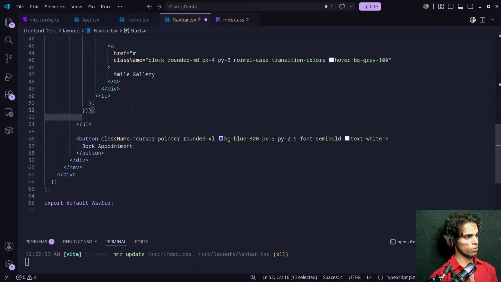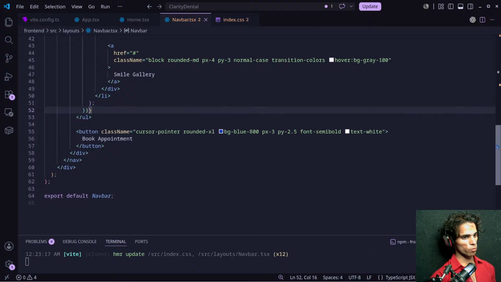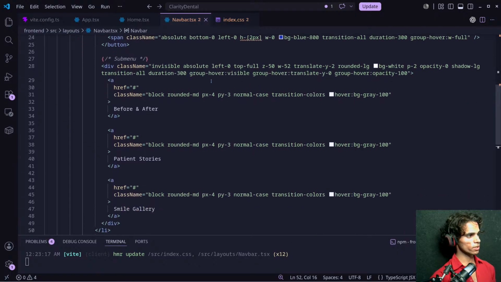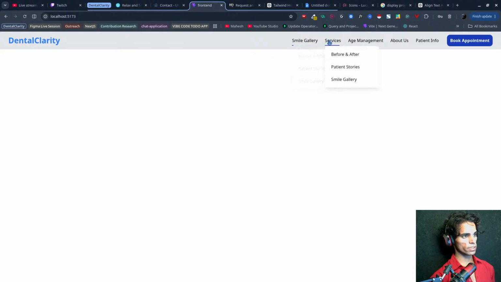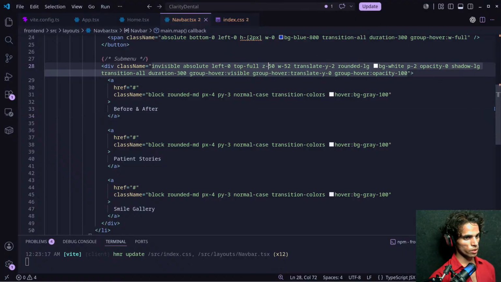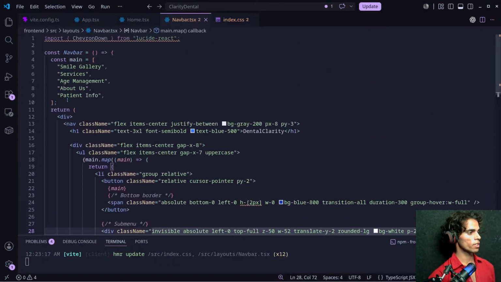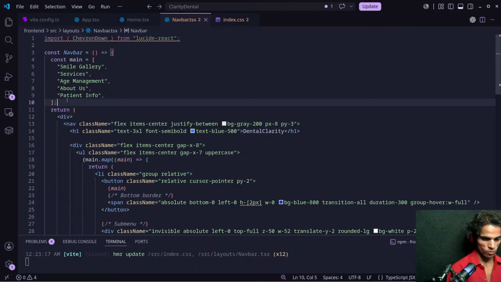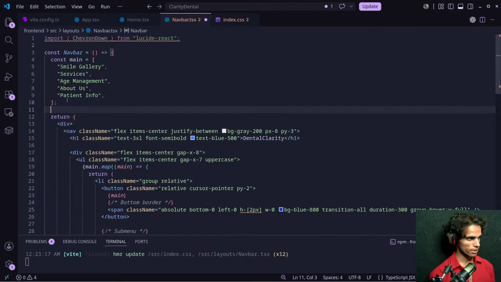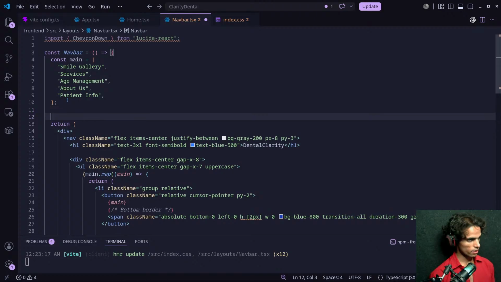Now, what is the problem with this? There is only one problem, that we will be showing this submenu for every main menu, and this will be the same submenu. Now we want to change this submenu if we have one for any, and if we don't have a submenu, then we will not show it. So how to, yeah, we will create another array for the submenu, and let's get into this.